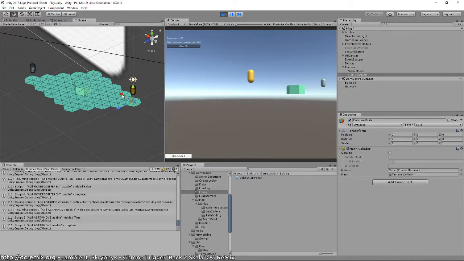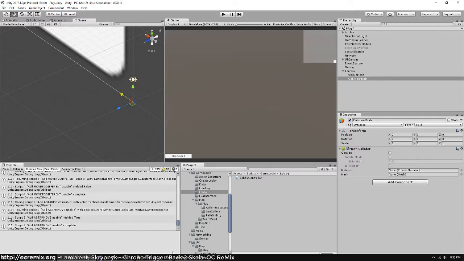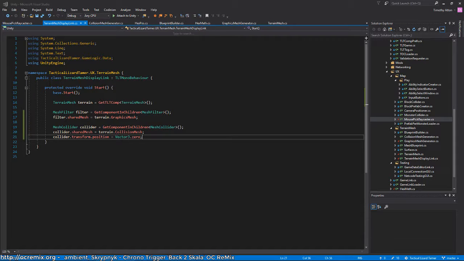No, it still seems to not be happy. Yeah, it updates like once I mess with the transform. Maybe I need to wait one frame before I set it. Like it hasn't updated itself yet or something. Okay, so let's